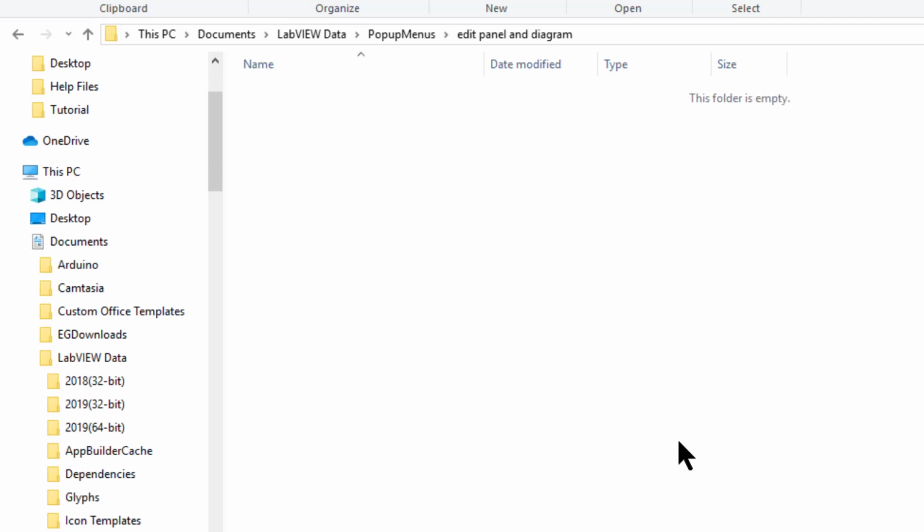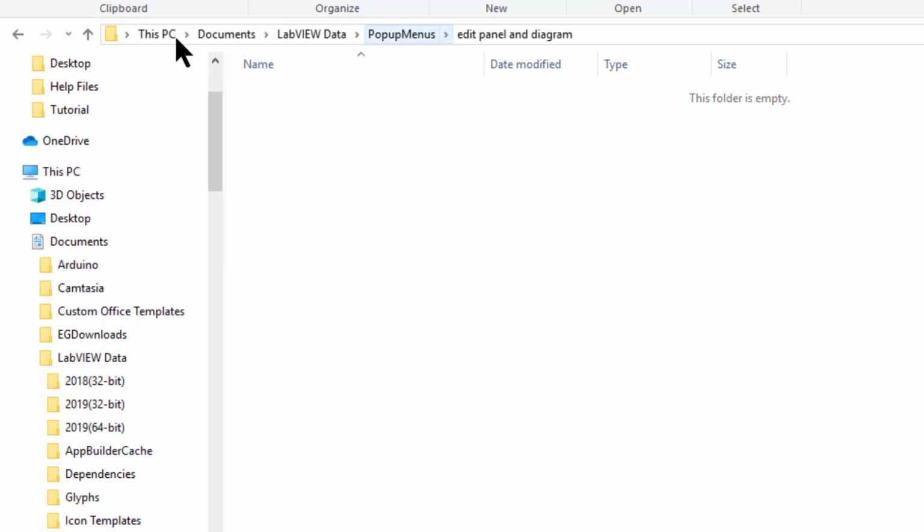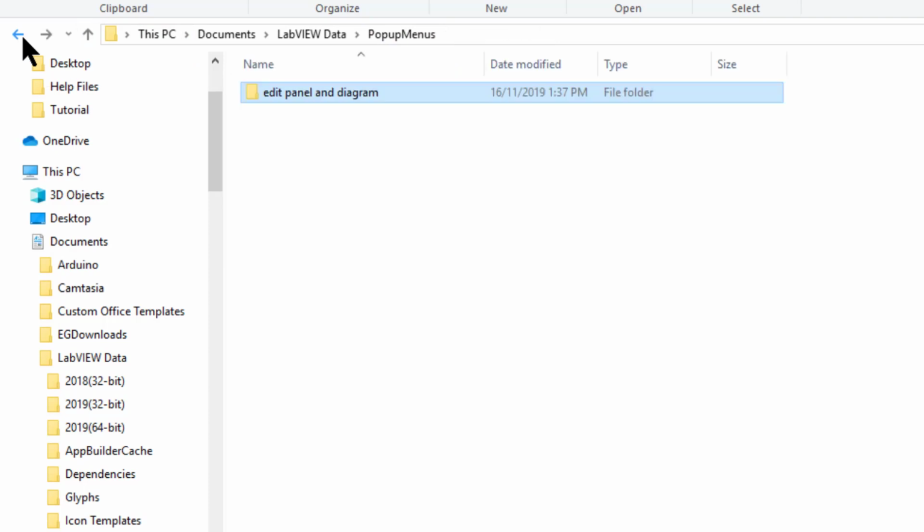So this folder contains LLBs, libraries of plugins that affect edit time, front panel, and block diagram objects used by all versions of LabVIEW. So for the second folder, let's go one step back into the pop-up menus folder, and